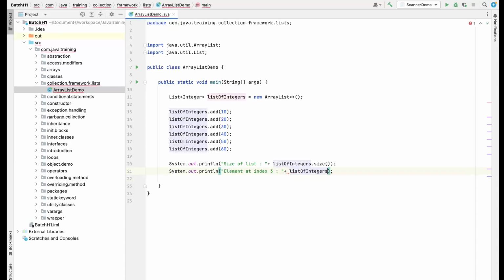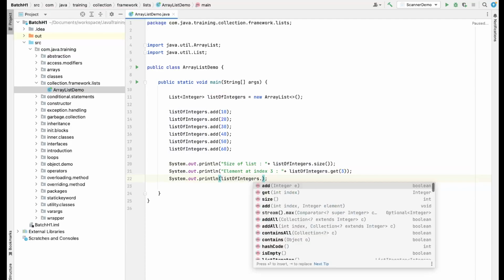List of integers dot get. So what you can basically do is provide the index, and this will fetch you the element at that particular index. Now let's see more things. What you can basically do, list of integers dot